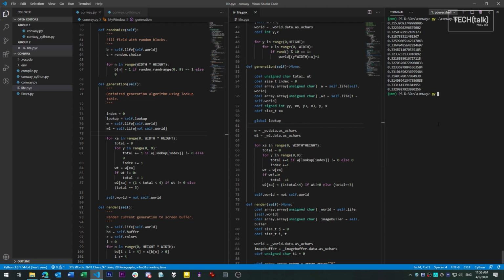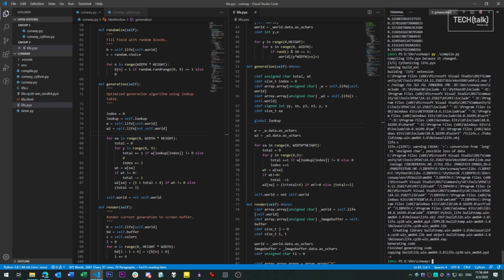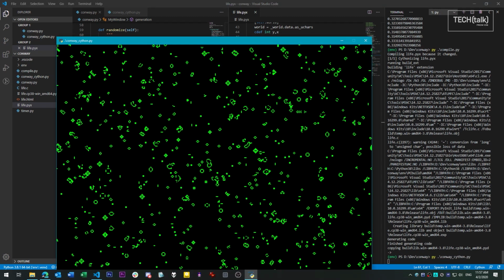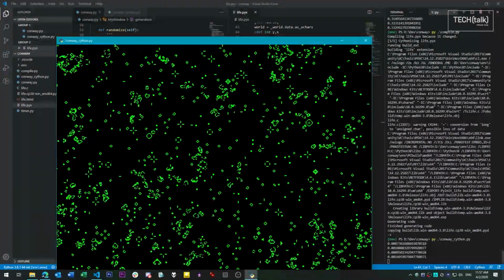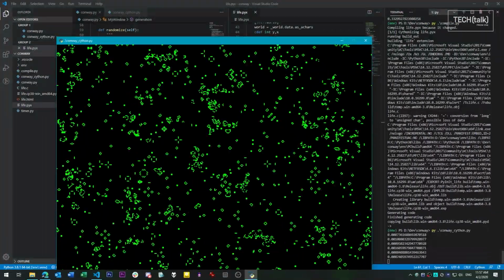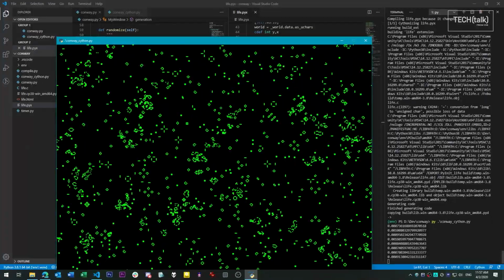Before we can use the Cython version of our life program, we have to compile the Cython components to a library module. I've written a helper script here to do that. If you're on Linux, Cython will use the C compiler available on your Linux system, typically GCC or Clang. Windows users should install the Visual Studio C compiler, available for free, which is what I'm using here. Now, when we run the Cythonized version of Conway's Life, you can see a dramatic speed up. And the amount of time spent on calculating each new generation of cells is at least 2 orders of magnitude